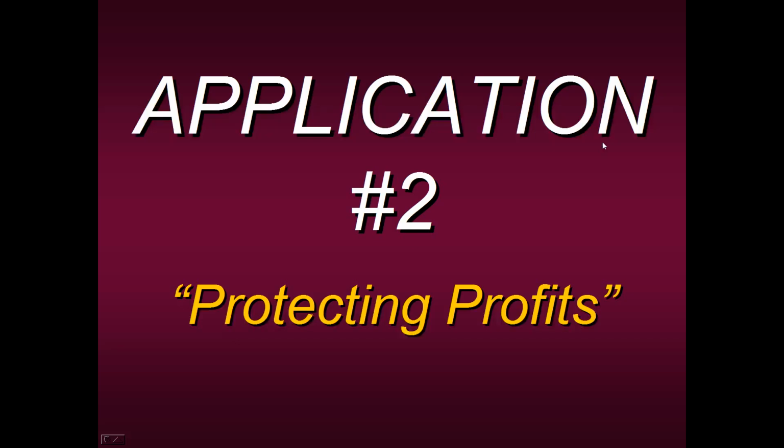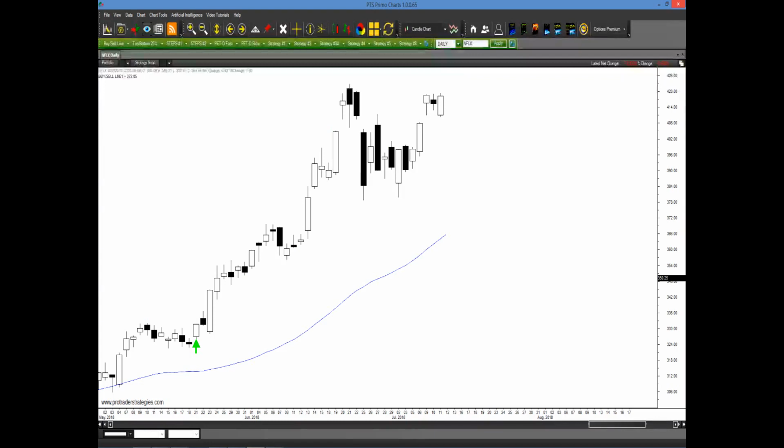That was application number one. Let's go on to application number two, which is completely different. It's directed towards protecting your profit. So this means once you are actually in the trade, you already are long a particular market, you want to make sure that you can protect your profits, because as you see here in this chart of Netflix,